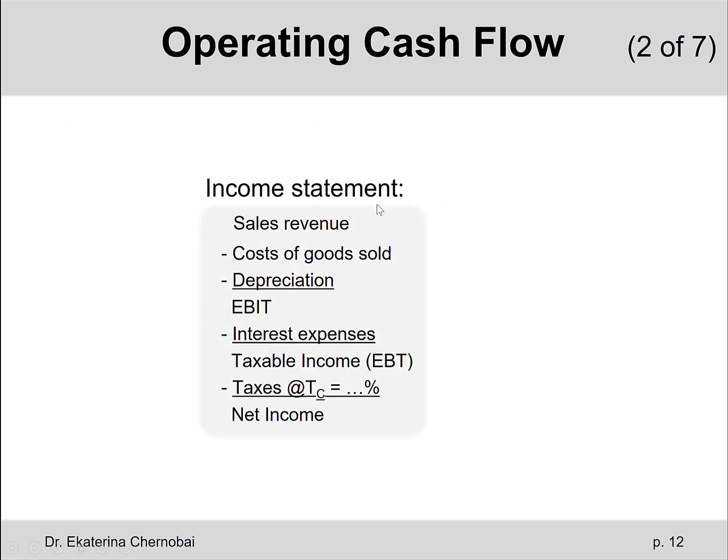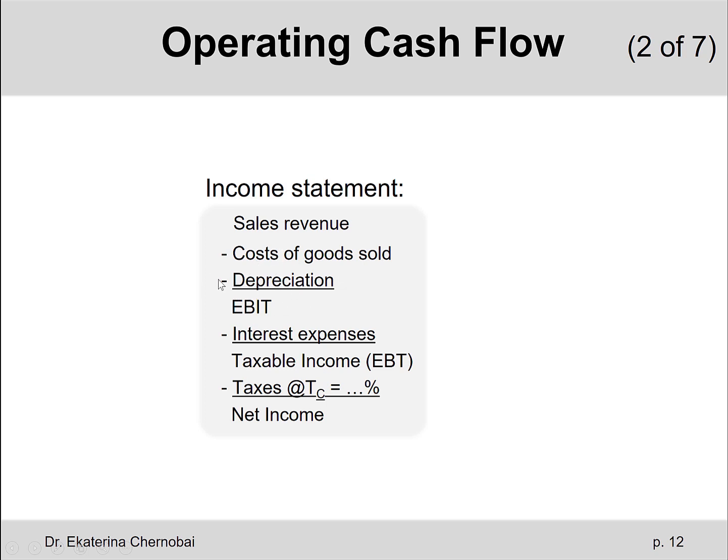How do we calculate profit for each year? If you go back to accounting, how would accountants do it? They would basically build you an income statement, one for each year, for year 1, for year 2, and so on. What does a standard income statement look like? The first row is the sales revenue, the money that would be coming in from selling our product. And then everything that follows in the rows underneath is different expenses. First, we subtract the costs of goods sold, then we subtract depreciation.